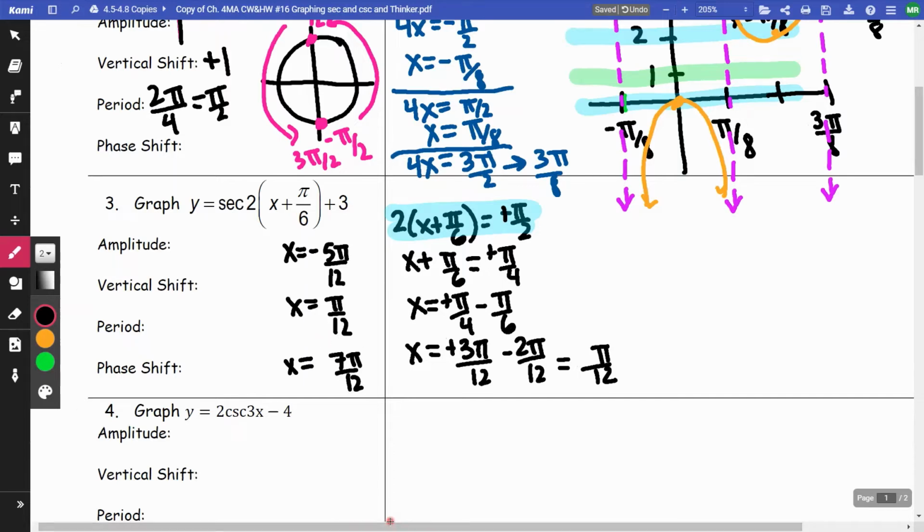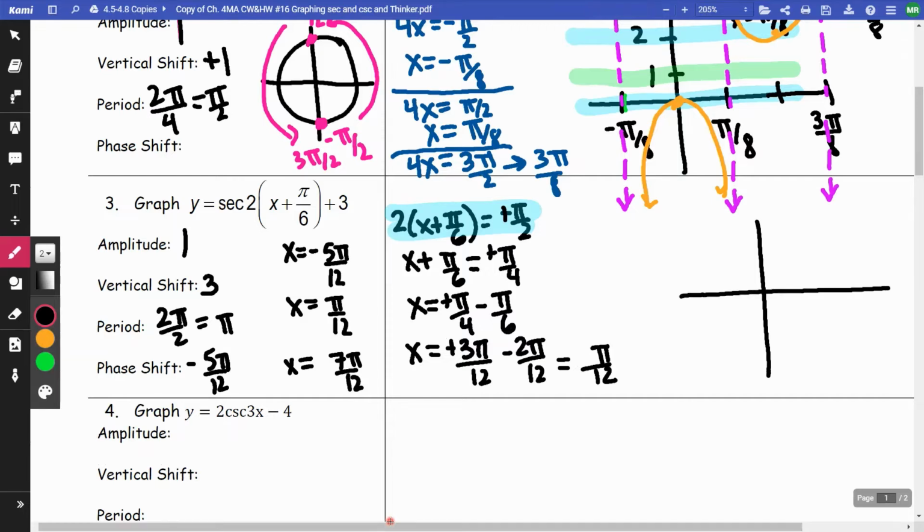And so my amplitude is 1, my vertical shift is 3, my period is 2 pi divided by 2, which is pi. And my phase shift is going to be negative 5 pi 12ths. So when I go to graph this,